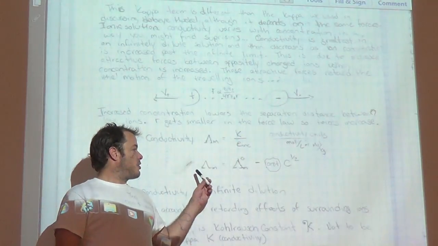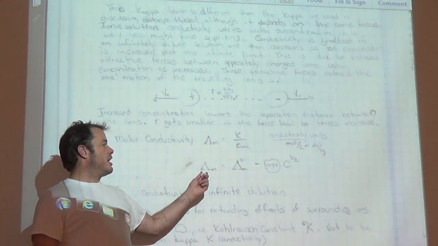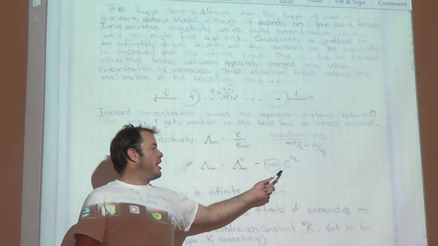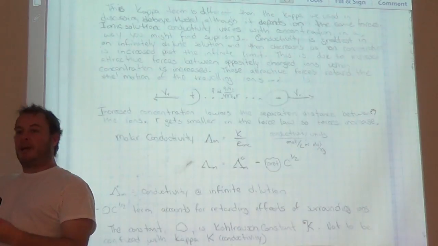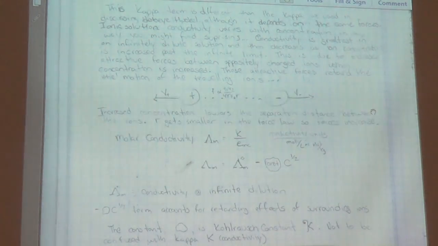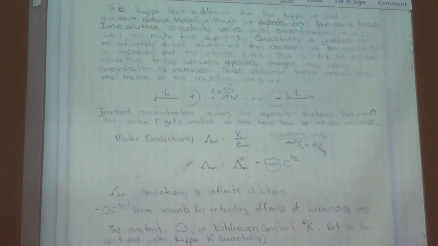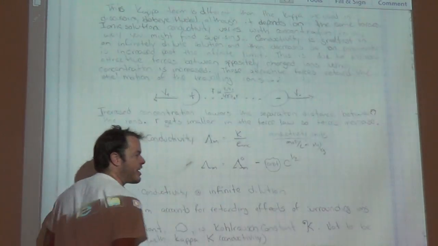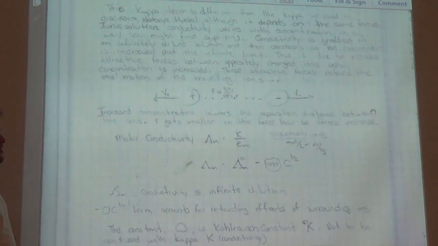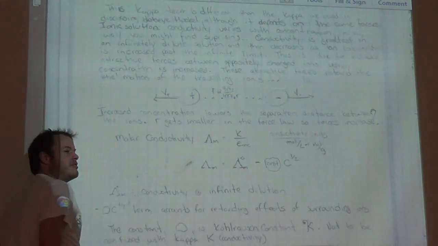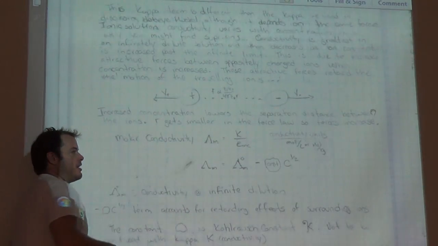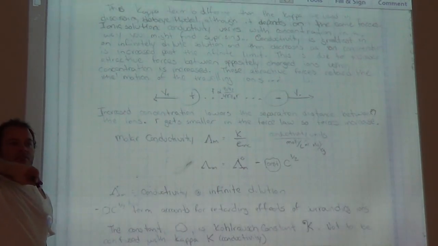And so to describe that, we say that the conductivity at any given concentration is equal to the conductivity at infinite dilution minus this concentration dependent term. And you can imagine as the concentration increases, that the conductivity is decreasing for the reasons that we just discussed. In your book, this constant here is assigned the value of K. I didn't want to put that up right now because we already told you that this conductivity kappa was equal to K. And incidentally, this is actually a different kappa than the kappa used when we looked at the